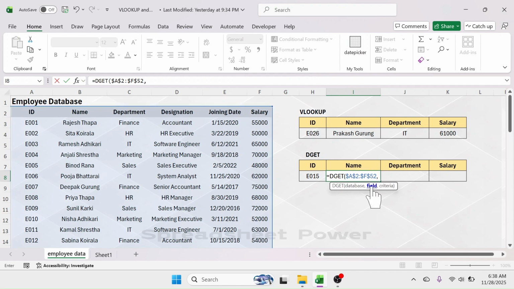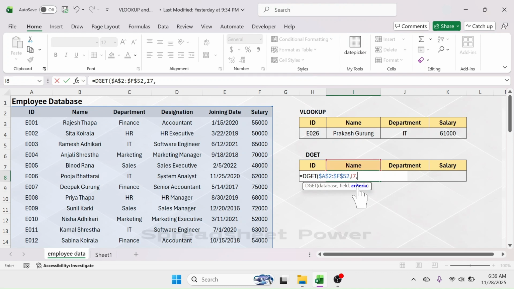In the field we have to put based on which column we want to extract the data, where you can put either the column name or the column index number. Like the index number is 2 for the name and the column name is this name. So you can simply click on this column header for this field parameter because we want to extract the data from this name column, and the name of the column is given here too. So you can click on this cell, but notice that the column name given here should be exactly same with the source data. Now put a comma